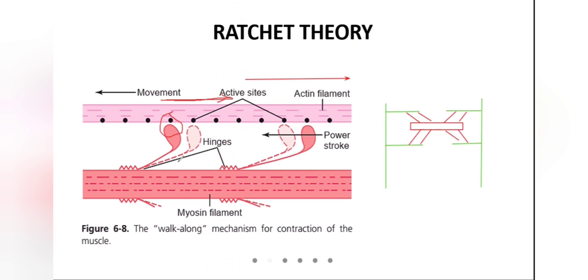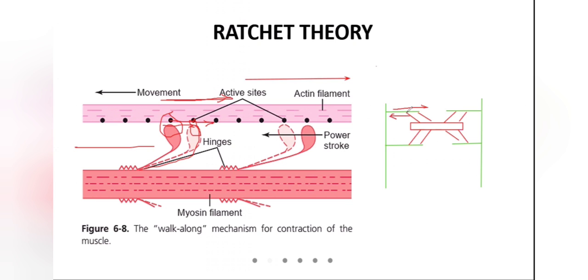So the movement of the myosin will be in this direction. It is basically something like this. It goes and attaches here and it pulls like this. That means it moves on to the next attachment site. This head will move on to the next attachment site, and during the process, this actin will move in this direction, and this myosin will move in the opposite direction.